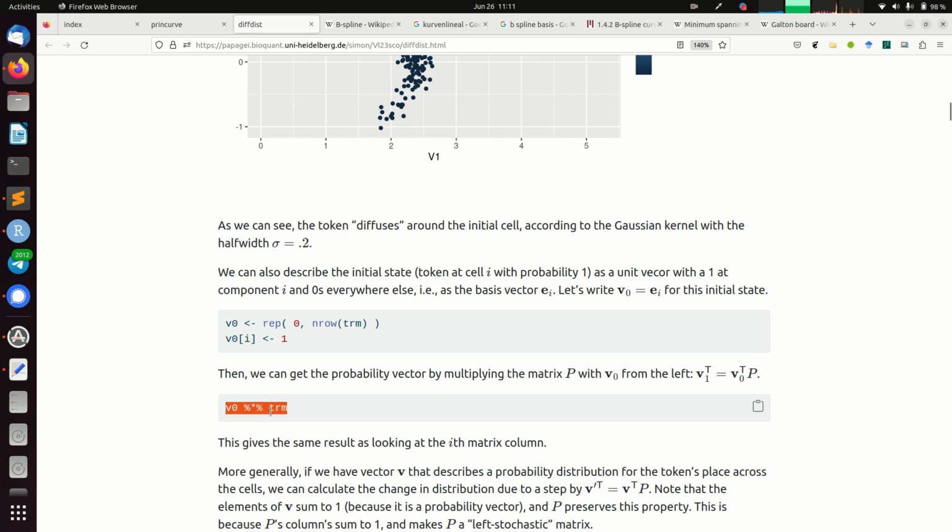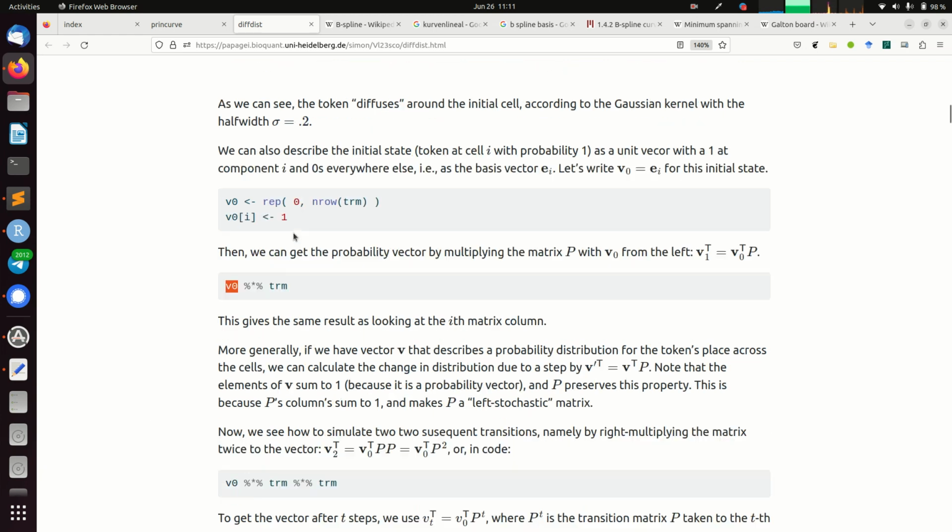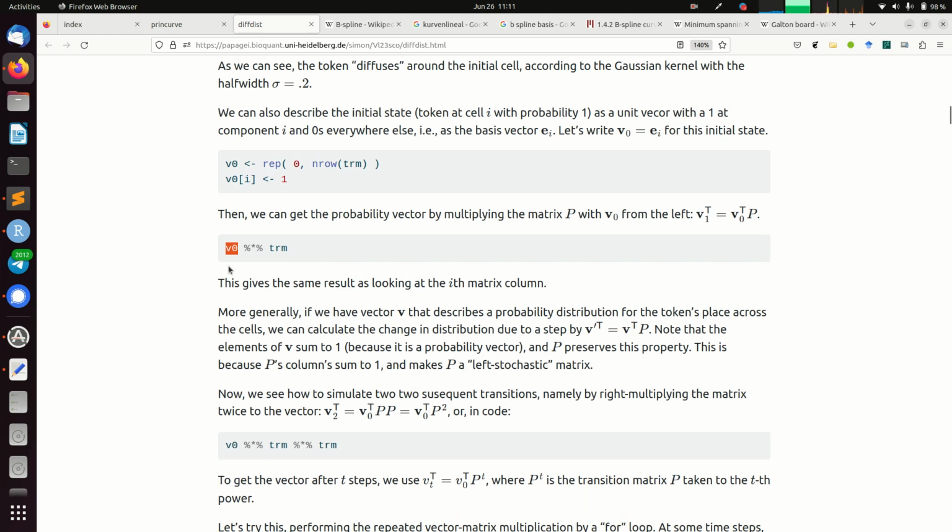And if I now do this, I multiply this from the left. I write v0^T times P. In R you don't have to transpose the column vector into a row vector, it does that automatically, so I don't have this here. And if I do this, I get exactly the same result as if I looked in this column. But what I can now see is that obviously, if I now take this vector and multiply it